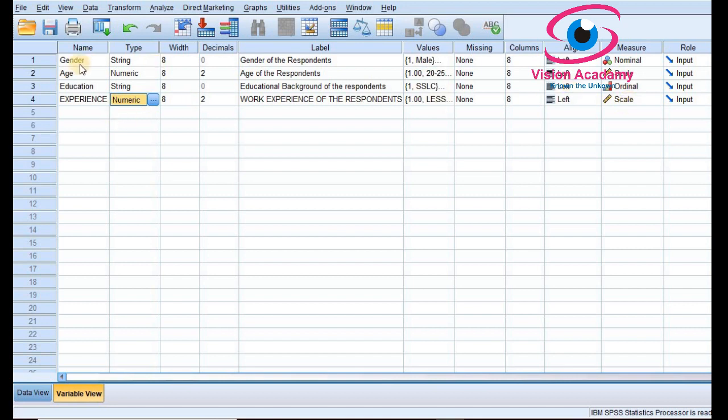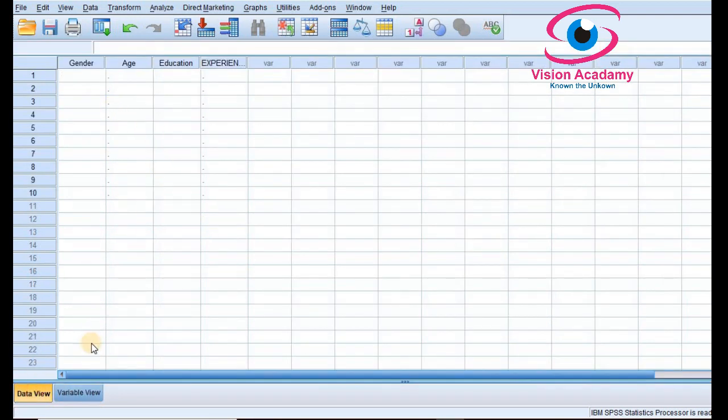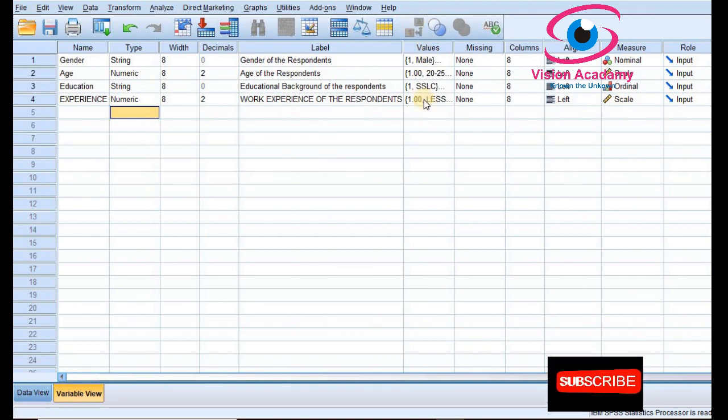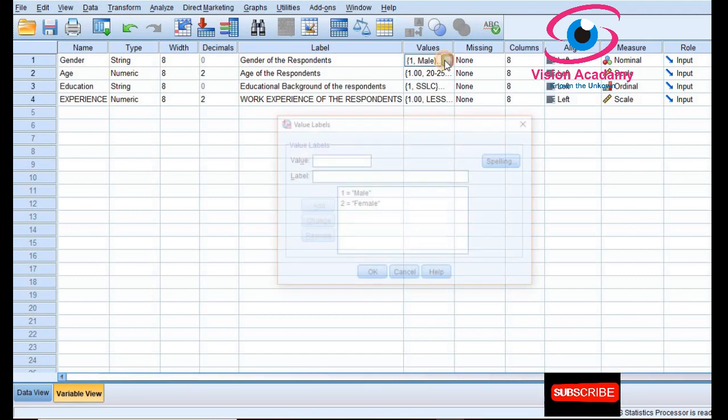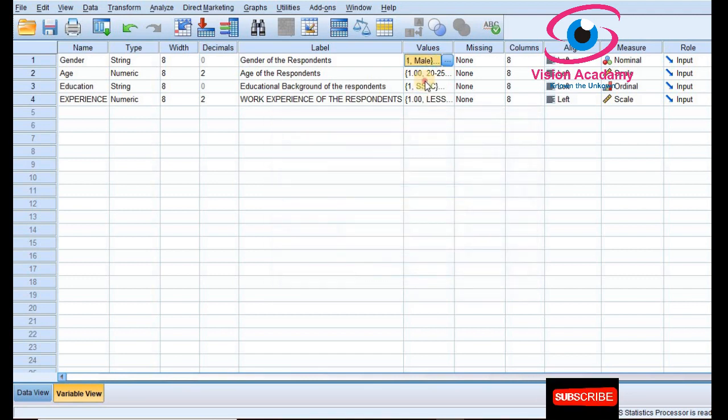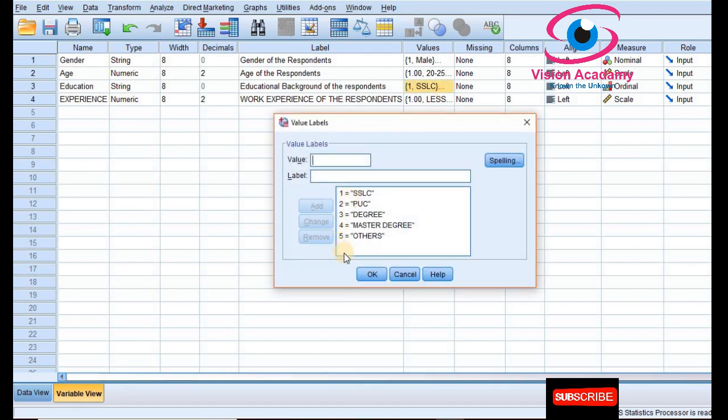In this way, for the sake of understanding, I have entered 4 variables here. After entering variables, let us see data view. One thing you should understand: here you have given values to the variable, and for those values you have given codes such as 1, 2, 3, 4, 5 and like that.